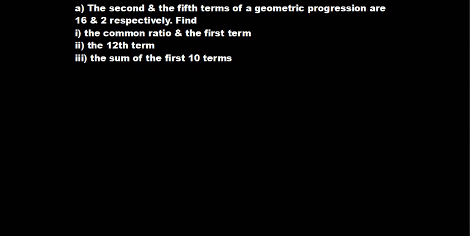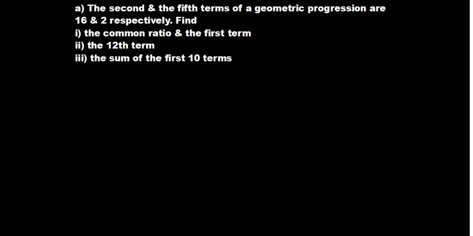Okay, so we look at sequences and series, and the question reads: the second and the fifth terms of a geometric progression are 16 and 2 respectively. Find 1) the common ratio and the first term, 2) the 12th term, 3) the sum of the first 10 terms. Alright, so the picture I'd like to bring in